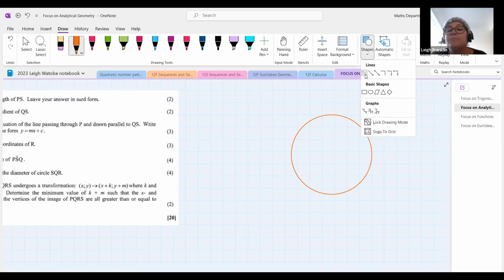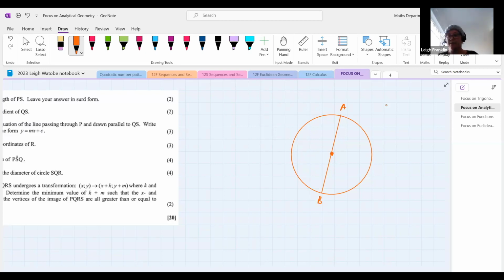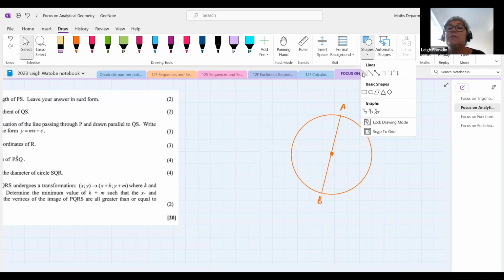Okay. And a diameter is a chord that goes through the center of a circle, doesn't it? Okay, so if that point over there was the center of the circle, we would say that line AB is a diameter. If I now then take